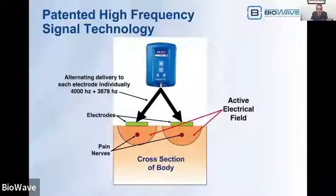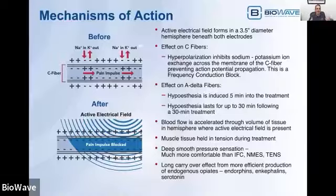So the net effect is as if you're treating 2 distinct volumes of tissue simultaneously. As a result, electrodes must be placed directly over locations of pain. We never surround the pain site like you would with TENS, interferential, or muscle stimulation types of devices. So, what are some of the mechanisms of action that are occurring in these 2 hemispheres beneath each of the